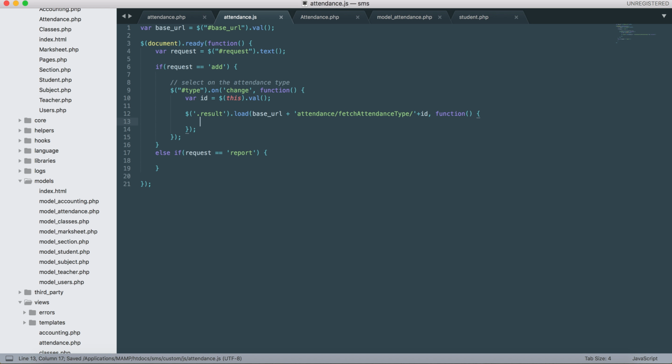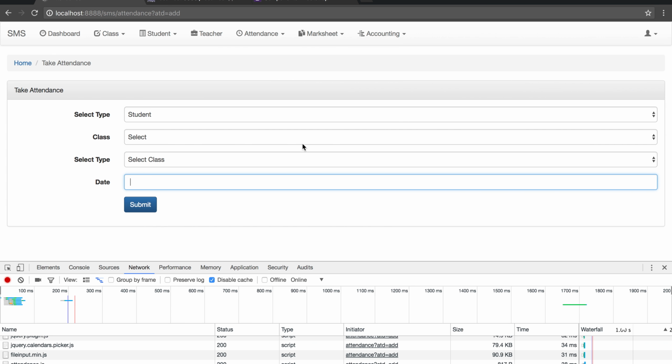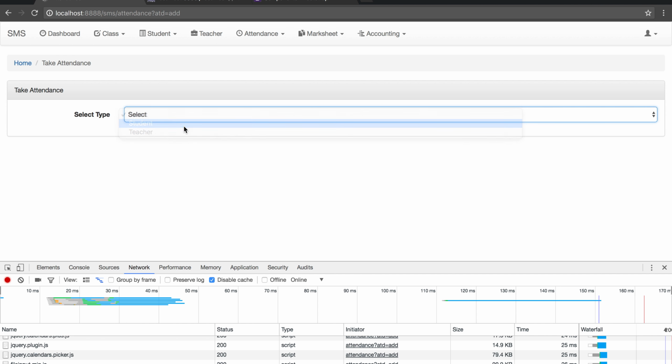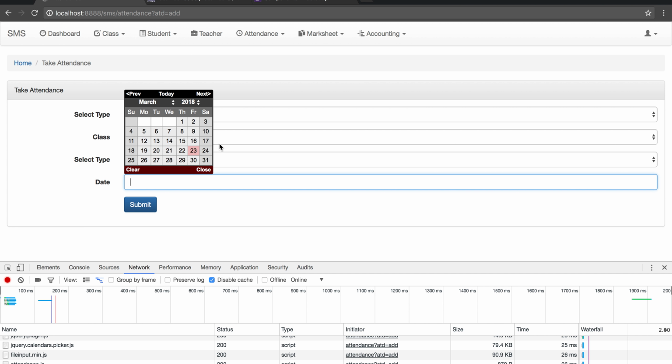Let's add a date picker on that. It's always a date, as a calendar picker, and for date format as